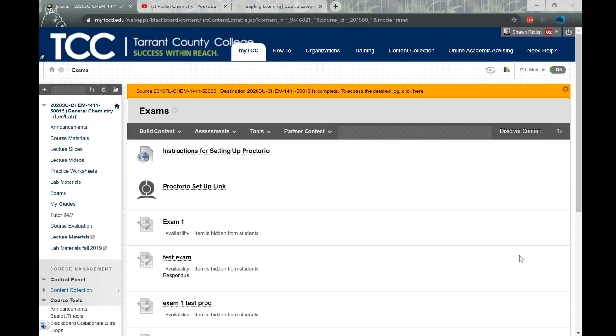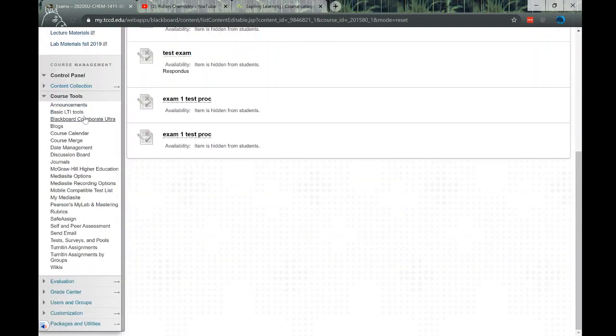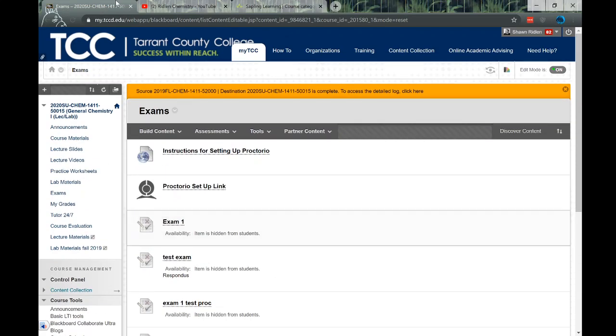And I will have some instructions for you about how to get into the SLC. You have to go and enroll in their class, basically, and then you can go in through Blackboard Collaborate Ultra. So somewhere on your Blackboard, you should see this link for Blackboard Collaborate Ultra. And that's how they're doing that tutoring stuff.